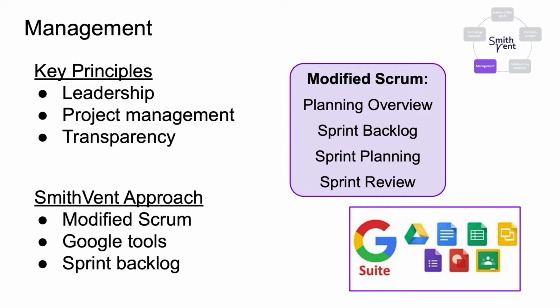Proper management is essential for remote teams to ensure that all team members can engage and effectively contribute to progress. The SmithVent team used a modified Scrum approach to set collective goals, manage work, and facilitate task handoff. We made extensive use of the Google suite of tools, with tasks on a detailed sprint backlog spreadsheet shared with